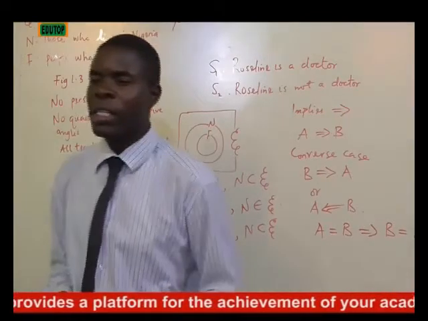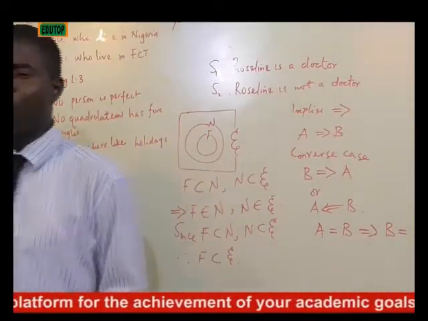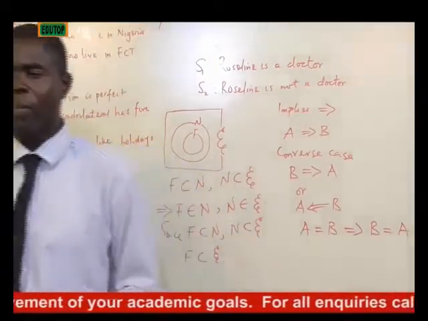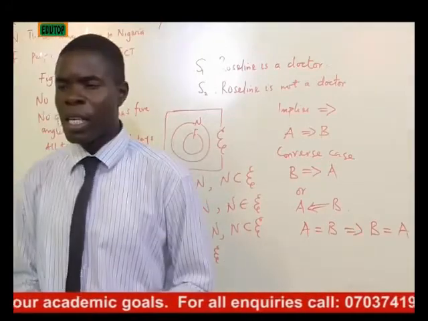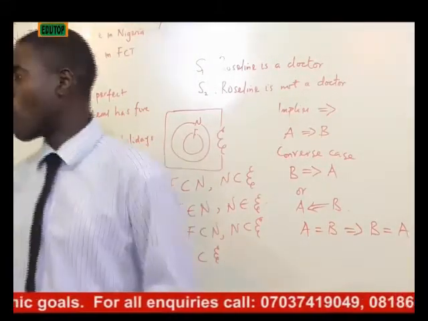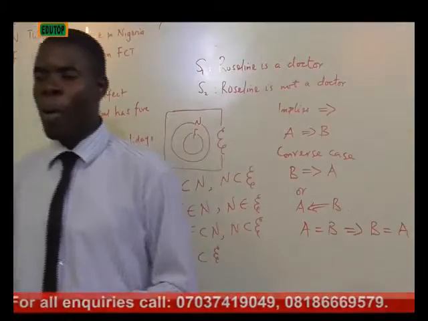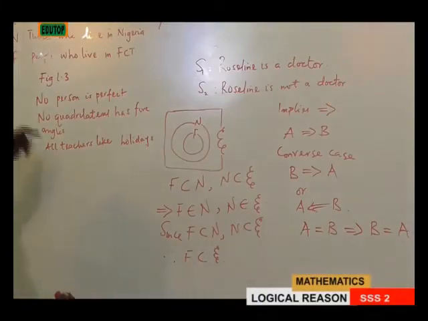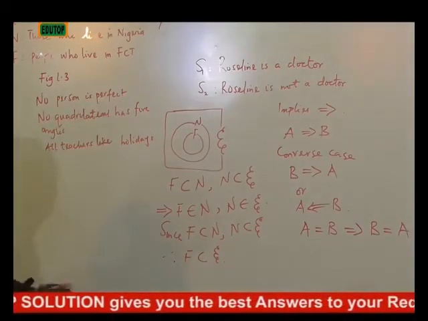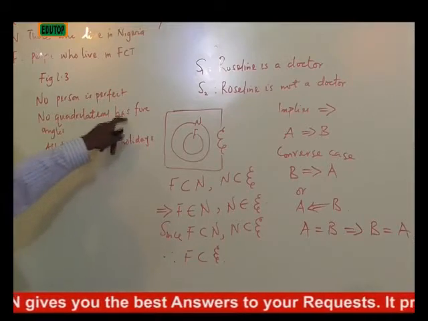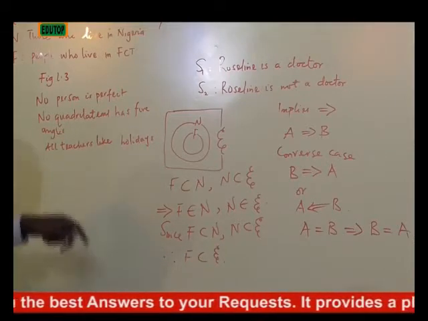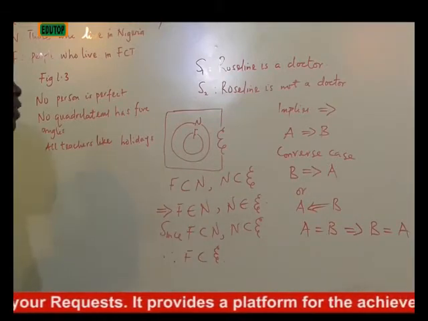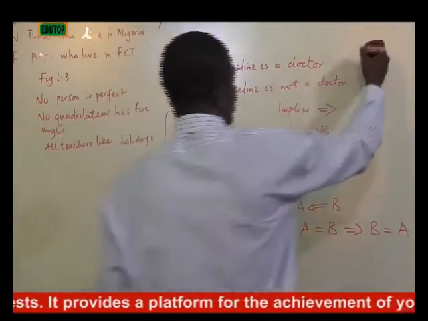Example 3. Write the following statement as implication using implies where appropriate. It is shown below in figure 1.3. In figure 1.3, we can see that no person is perfect. No quadrilateral has 5 sides. All teachers like holidays. Let X